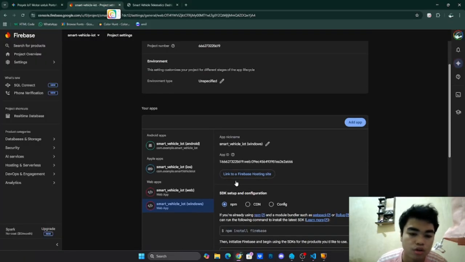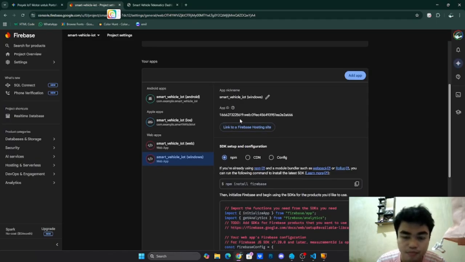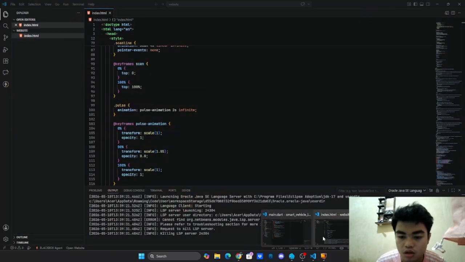Here, we import the SDK via CDN. We initialize the app using our unique configuration keys, and then we create a reference to our database path.